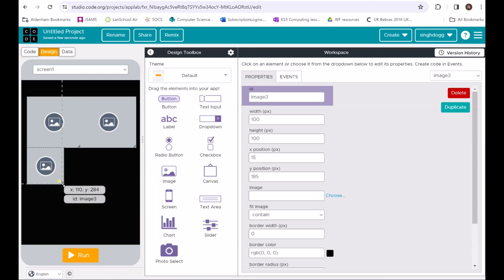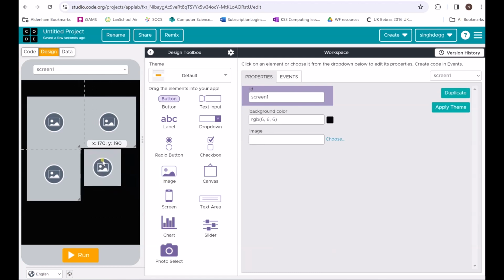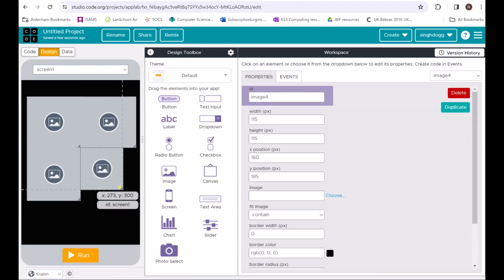I'm not too fussed about it. If you're a perfectionist, then feel free to perfect it. But obviously time wise I don't want to spend too much time on it, so here we go. This is the best I can do. There, magic. So the next thing I need to do is add a button